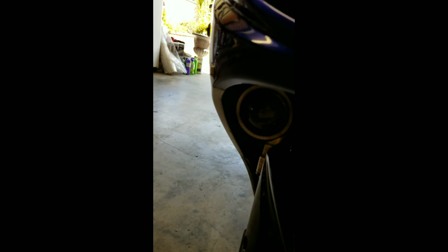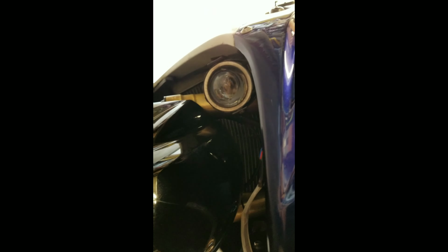All right, so I got to kind of hold the camera at an angle, but as you can see, you have a high and a low spot. You want to fill it up to almost the high spot right there. And make sure that you use a 50-50 mixture of antifreeze, so you don't have to